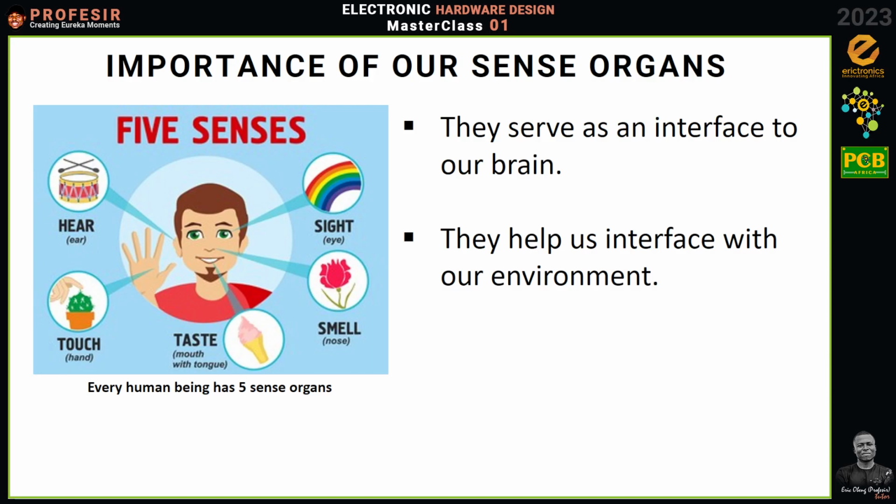So take it as you get to an environment and the place is warm, your skin actually detects it, sends information to your brain, and then at that point you can take a decision, right? Or you go somewhere, the place is dark, your eyes sense it, take it to your brain, and then you can make a decision of finding a light source, okay. So the senses actually help us to interface with the environment.